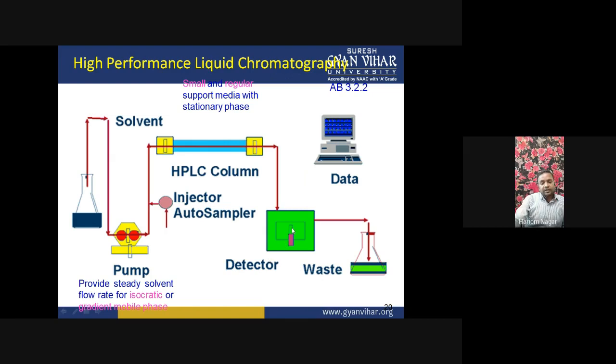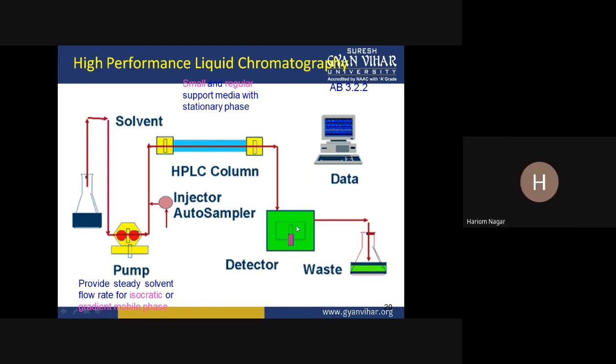And in the detector there is the sensing of this sample, and its signal will appear in the photographic plate or the window. This computer is associated with this HPLC system, okay. So in this computer, as the component reaches the detector, signals will appear in the form of a chromatogram, okay.